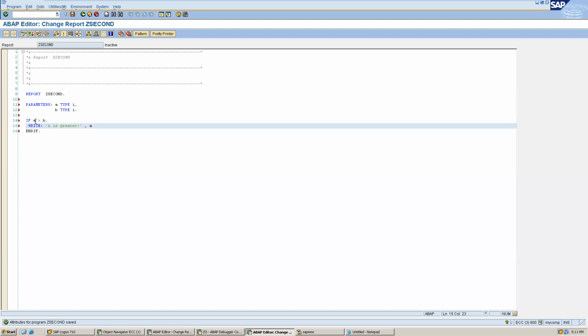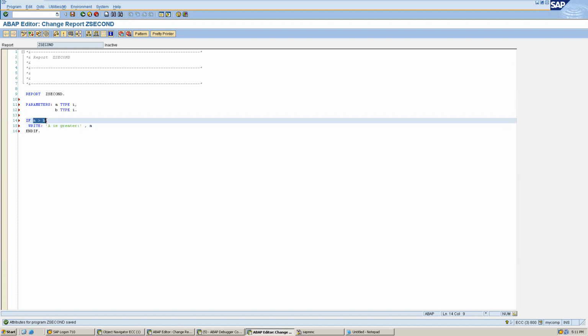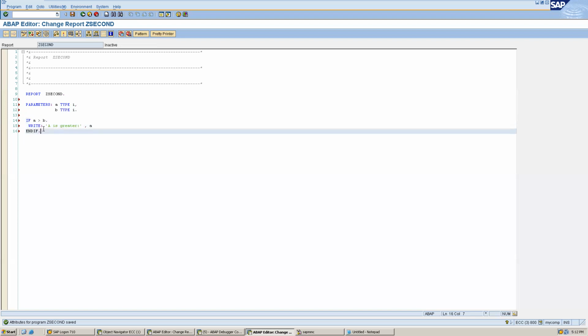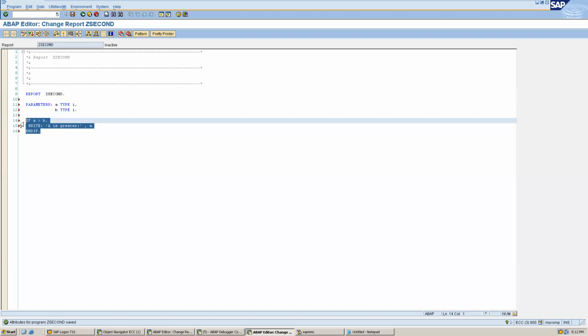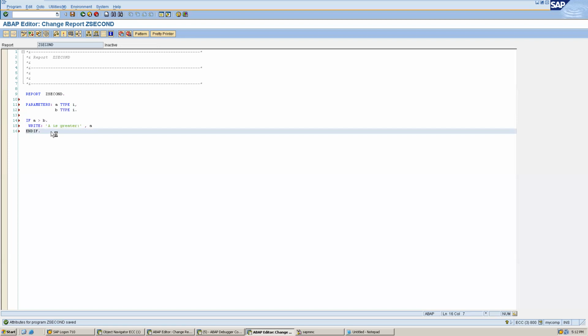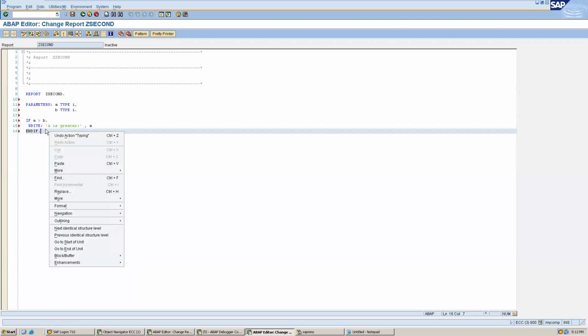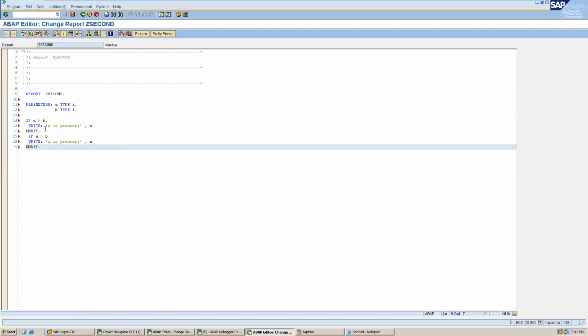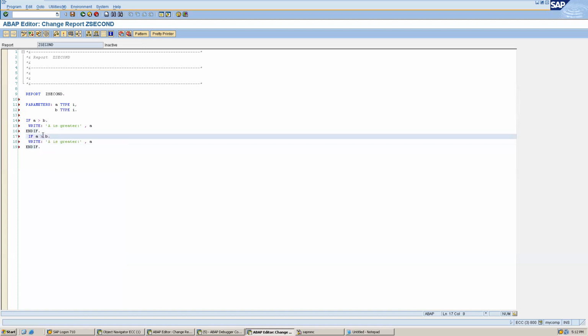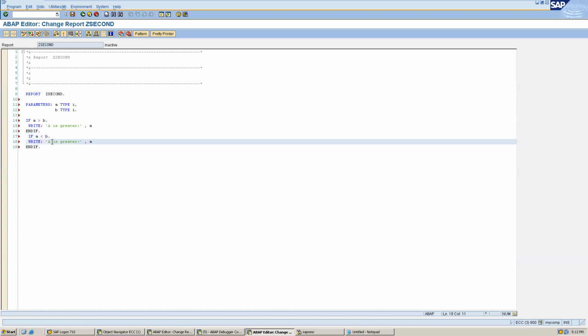What IF does is compare this condition, and if it is true, it goes inside and prints. Also, I can write if B is greater, otherwise it will not go inside. For example, if A is less than B, then B is greater, and we can print B.